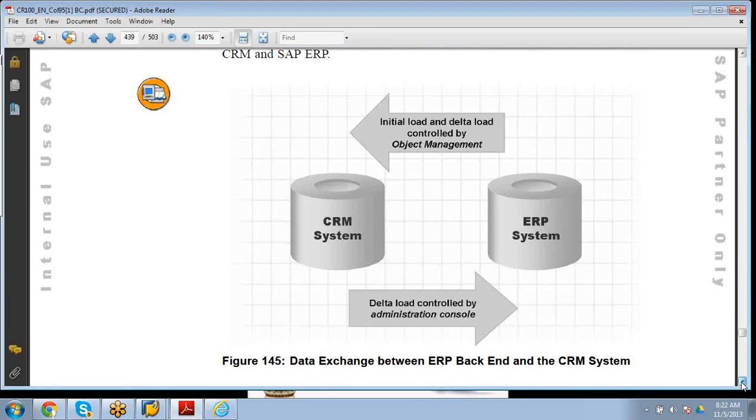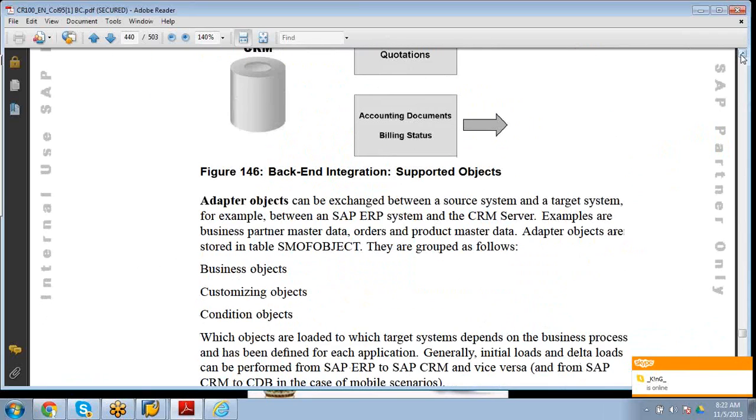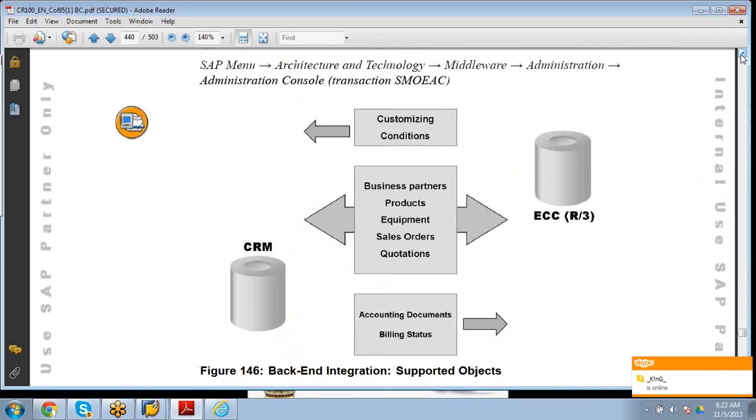All these T-codes are listed in this particular document. This is going to be a very good takeaway diagram, which really depicts, if you can see, in ECC, the customizing conditions, meaning the price details, will come back to CRM. And you can see BP, product, equipment.